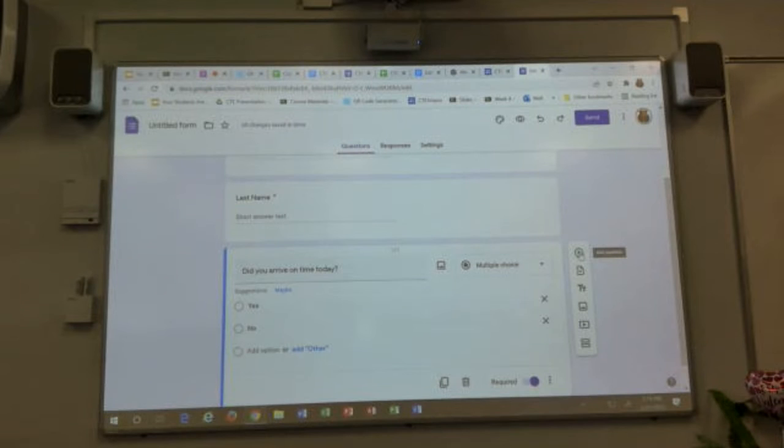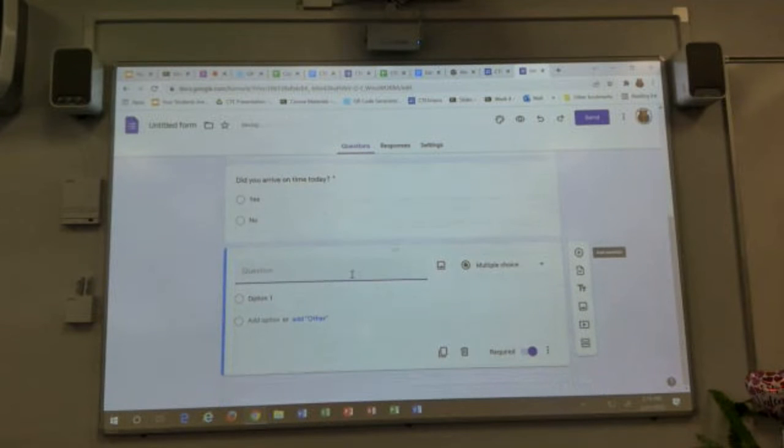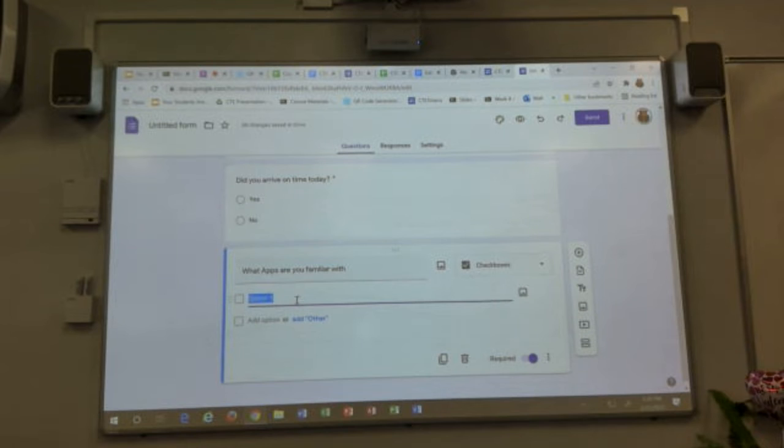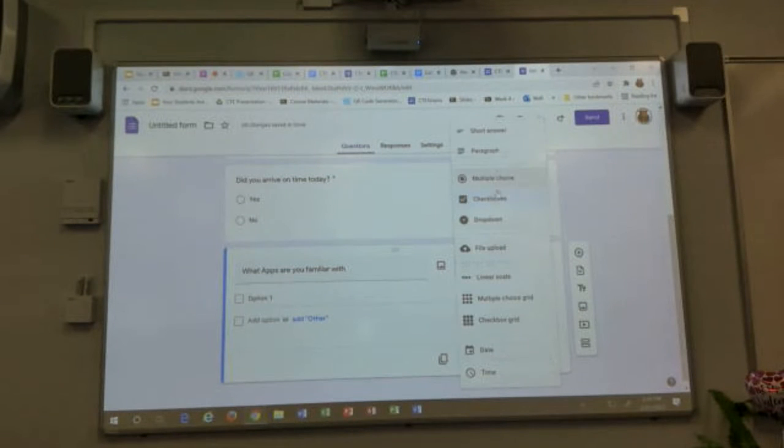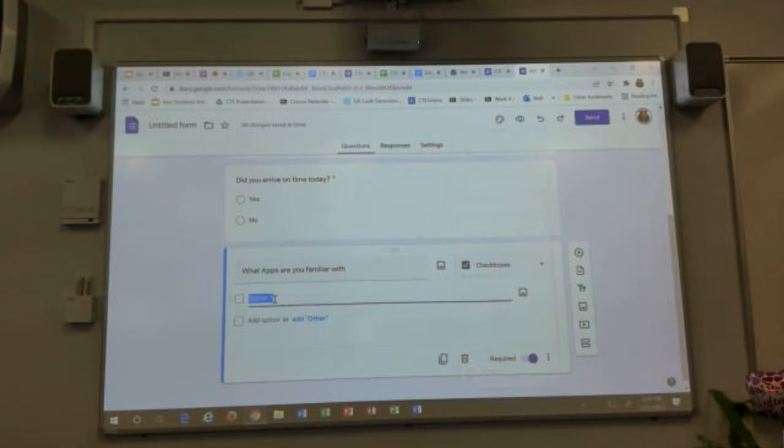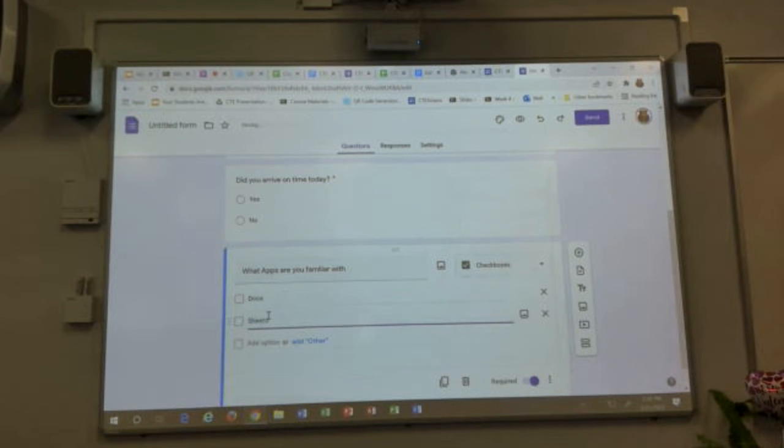And then you can also select check boxes where they can select more than one answer, kind of like what I put on there. So, what apps are you familiar with? And it selected the checkbox because it knows I'm asking multiple. If it picks the wrong thing, I can just go here and click checkbox. So docs, sheets, slides,